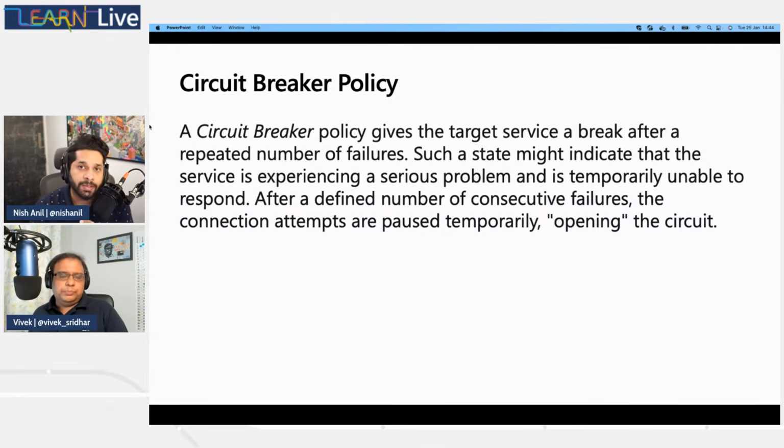The next policy here, Vivek, is the circuit breaker. This name obviously comes from the electrical engineering side of things, where in a circuit you have two states, open and closed. When the circuit is open, it is not completing, so basically you don't make a connection at all. So imagine if you keep retrying a couple of times, and then